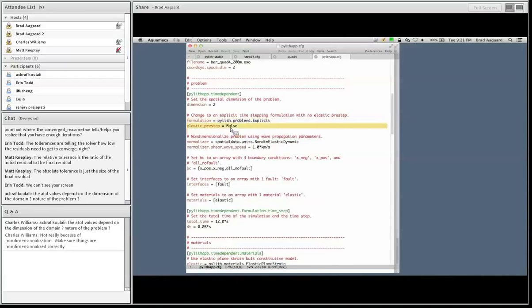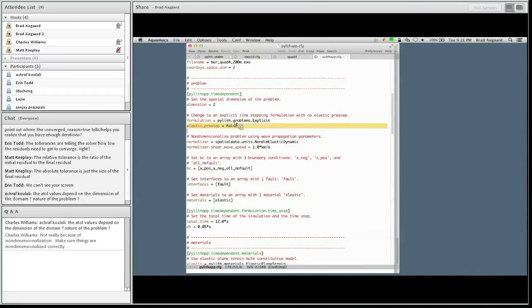We didn't go over this. In all of our previous problems, we've solved an elastic problem and then marched forward using a perturbation, allowing inelastic behavior if it was present. In this case, we're not going to do this elastic pre-step. We just jump right in and start